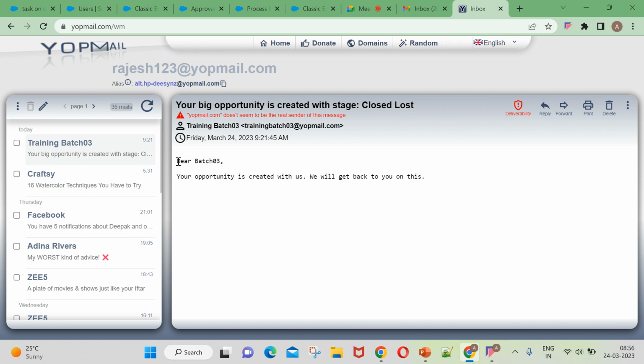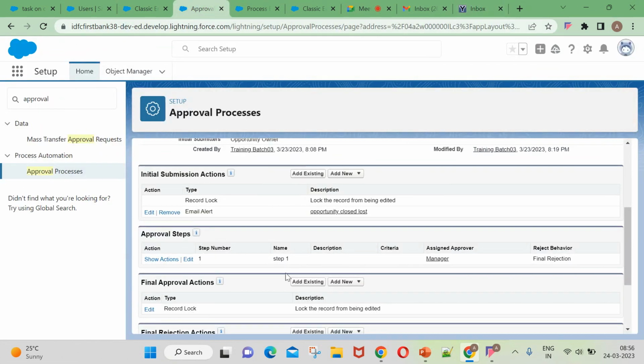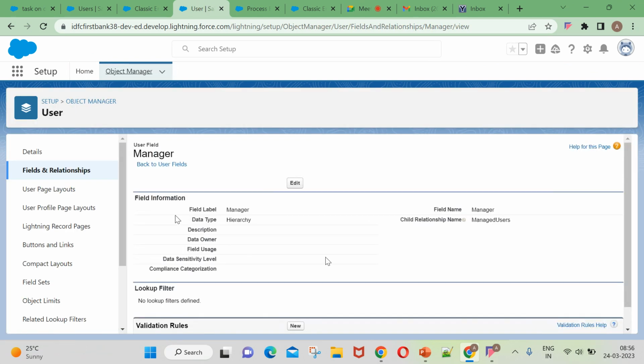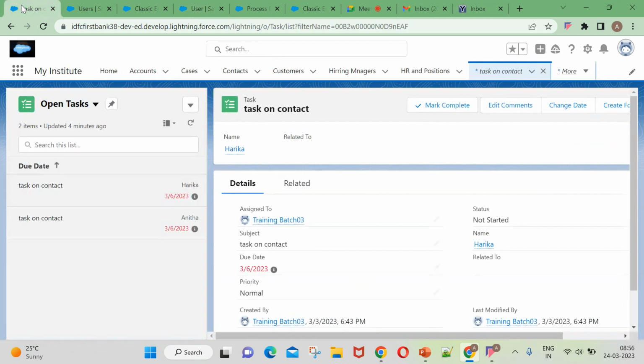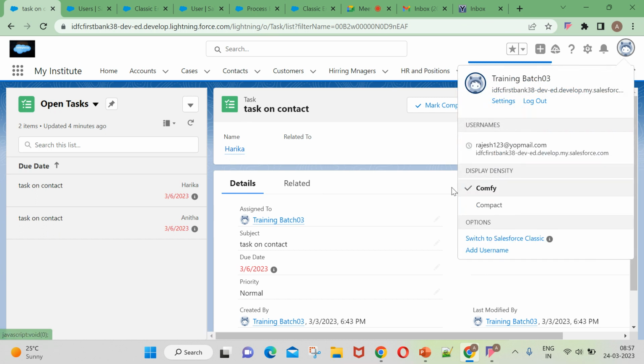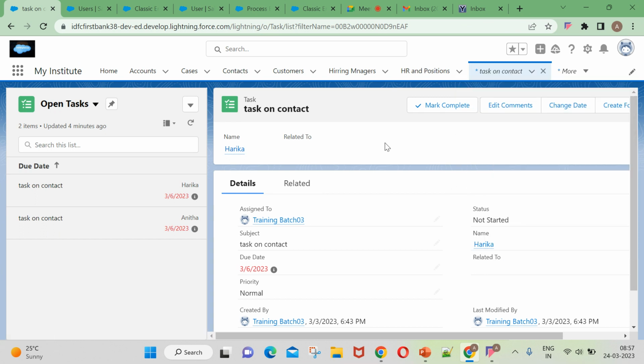See, here Rajesh also got the mail: your opportunity is created with us, we will get back to you on this, because I just used the same template for the manager also. You can see who is the manager here. I just selected the manager. My manager is Rajesh, so it is submitted for the manager. So if you log in with this Rajesh,